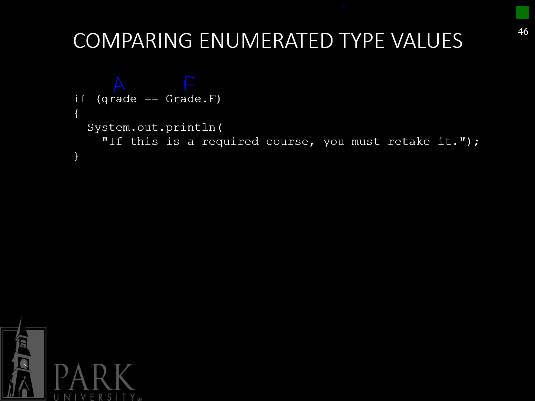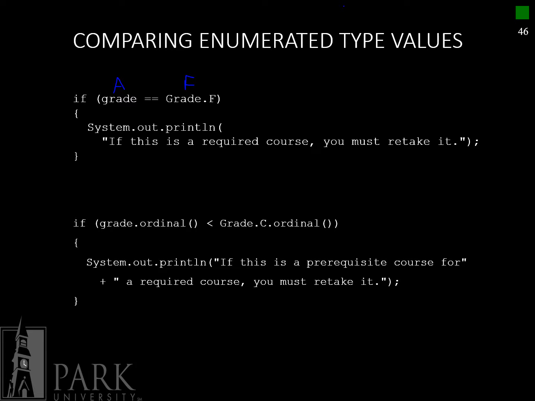Whew! All right, what does that mean? There's a lot of words in there. So let's demonstrate. If grade.ordinal or ordinal is less than grade C.ordinal, then do the following, right? Well, if you remember, we had F, D, C, B, A. You have to excuse me, I'm using my mouse instead of my pen to draw. So F, right, if our grade is